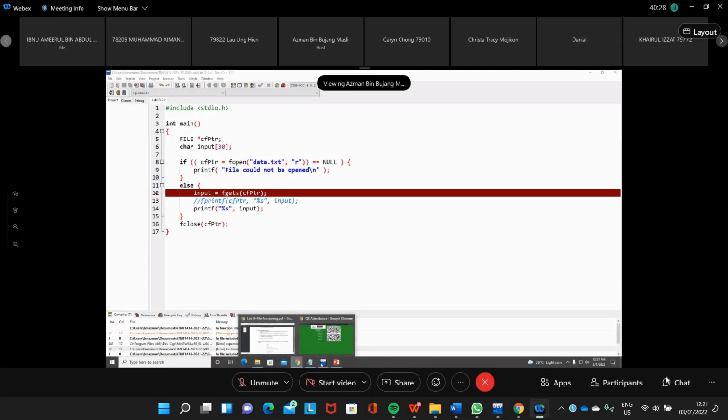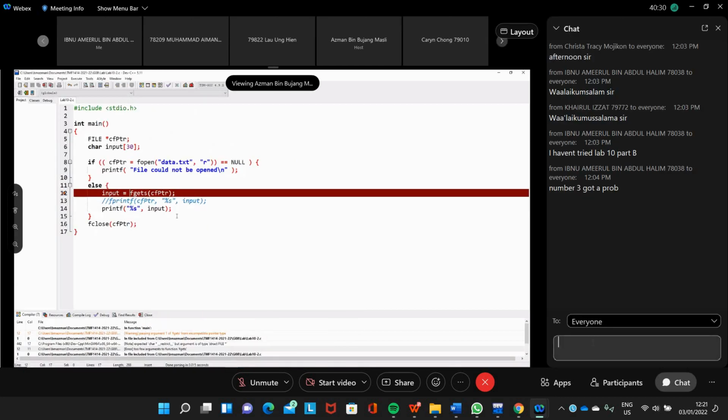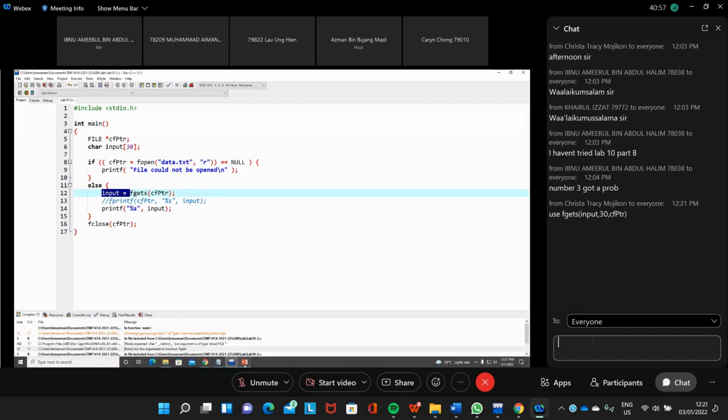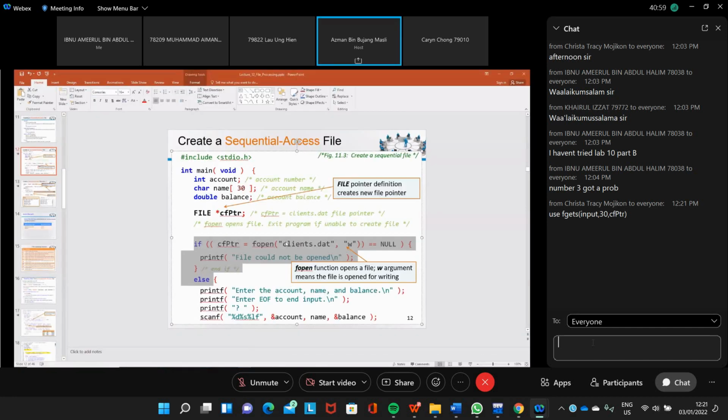How do you read the string from a file? gets, fgets. Struct FILE. Oh, struct FILE. fgets. We look at the man page for fgets.